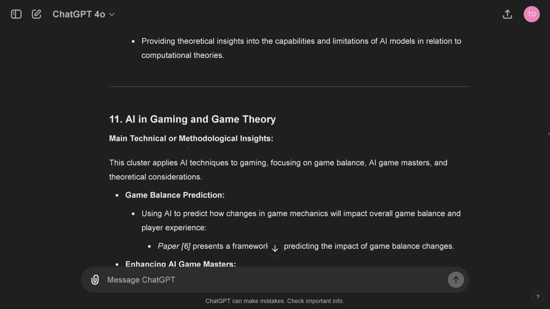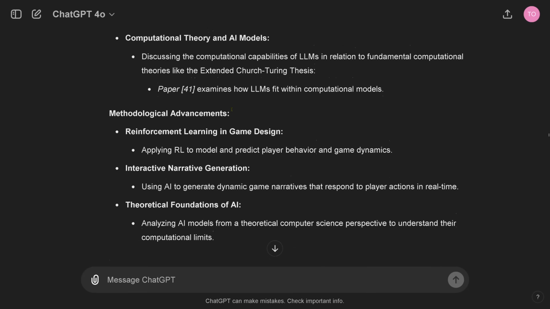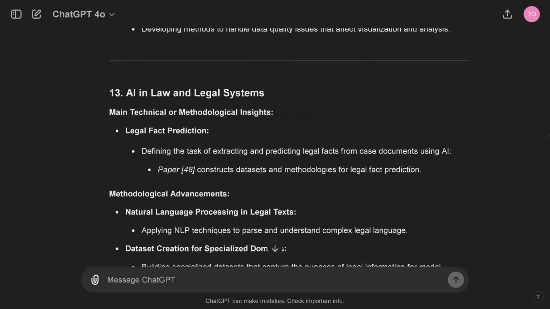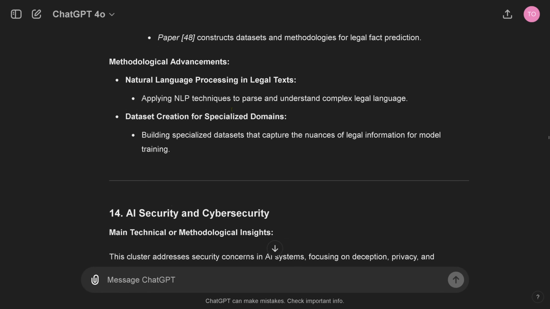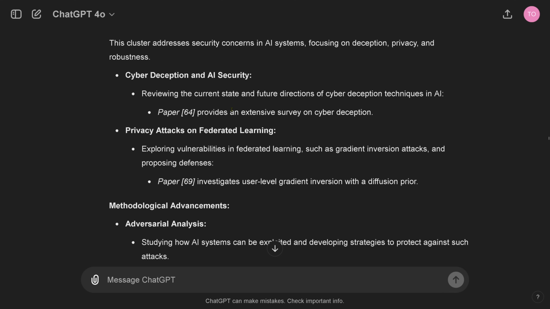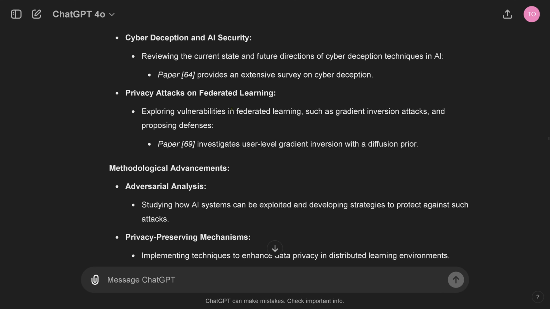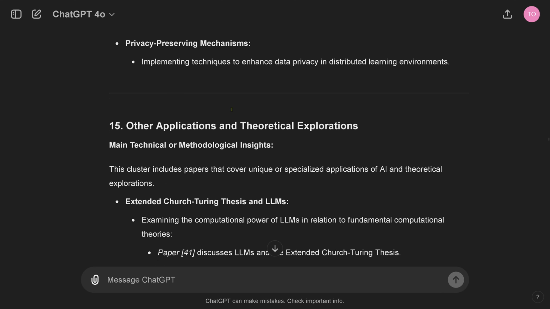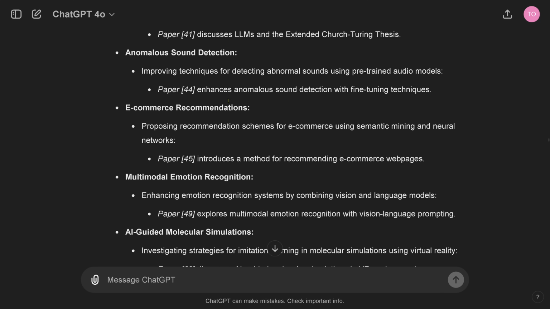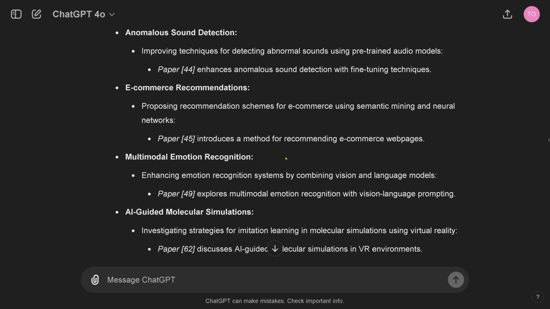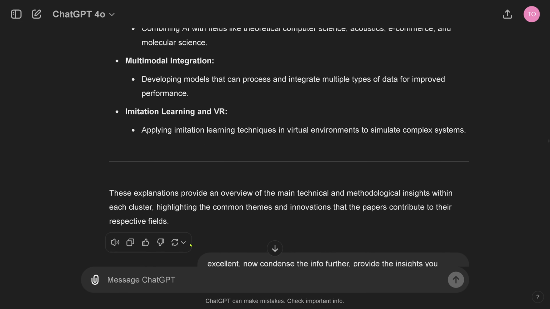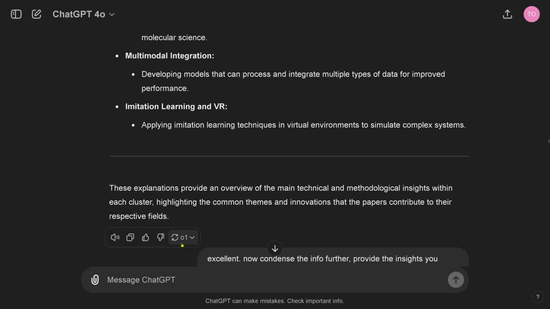We just go on, AI in gaming and game theory, recommender systems and data visualization. I think you get the idea. I just want to show you, it really did every single cluster. It analyzed it here really to a clear structure, to a clear logical model. It follows everything in place if you read this. And cluster number 15, any other application. So the rest is here accumulated. But even here, in a nice summary that you hardly find in this beautiful depth, so to show you o1.